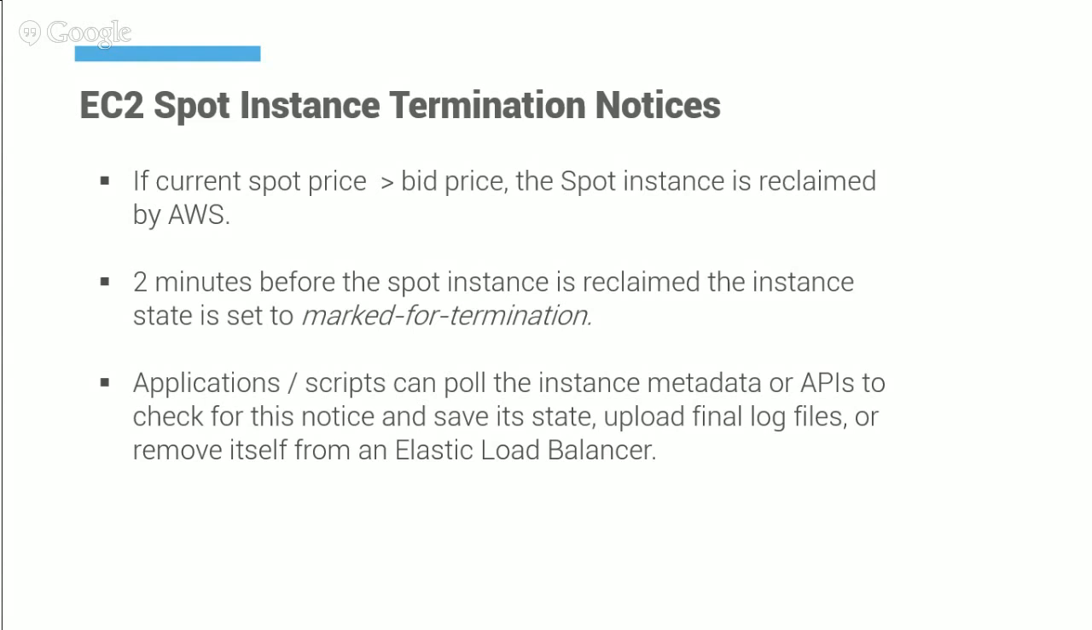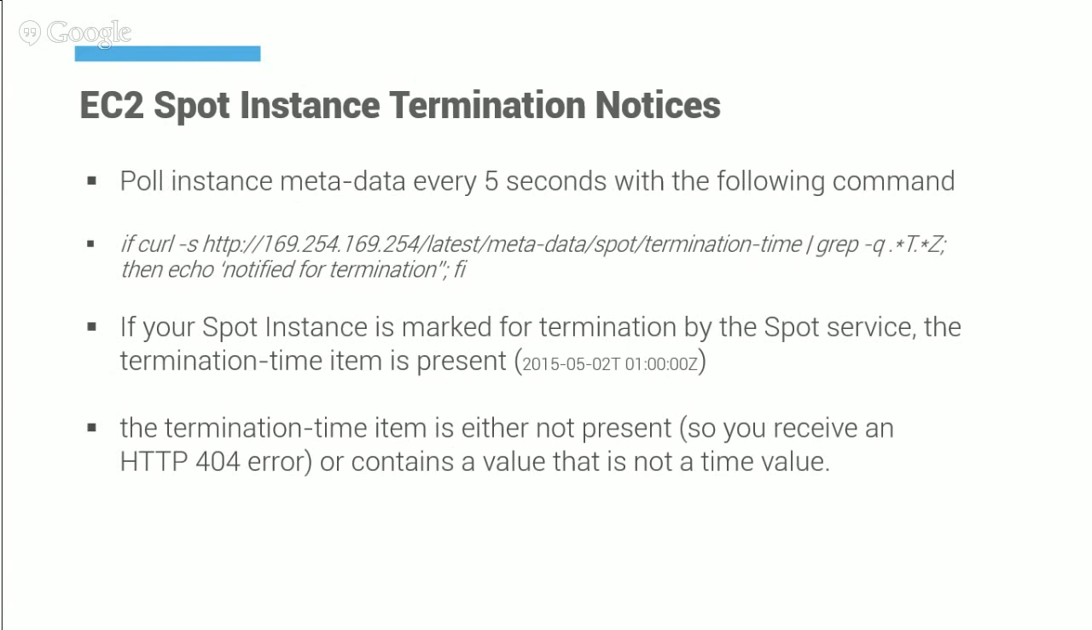And how you can actually monitor for this. Whenever the spot instance is going to be terminated, AWS would set it to marked for termination. So you would have to poll for this particular state. If it is marked for termination, then you know that your instance is going to go away, so you can plan accordingly. One of the things you can do is poll the instance metadata